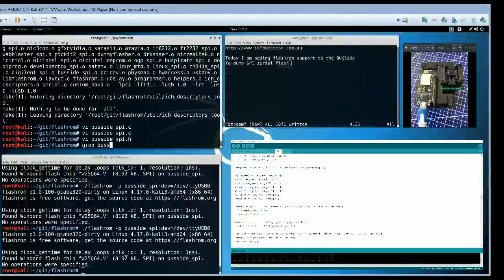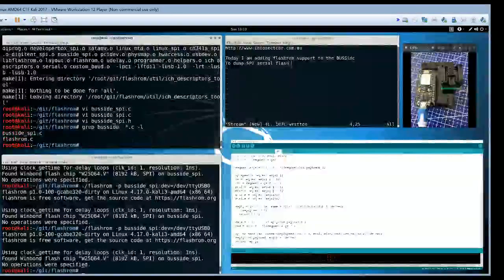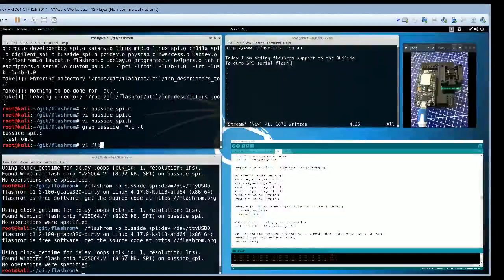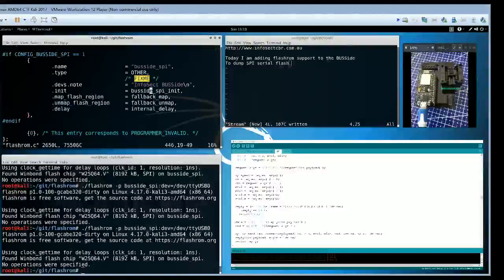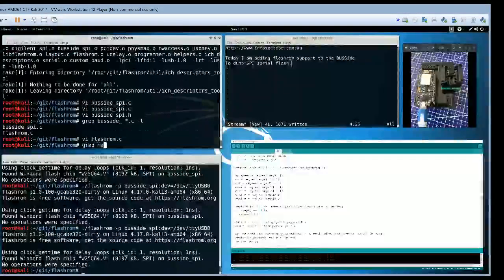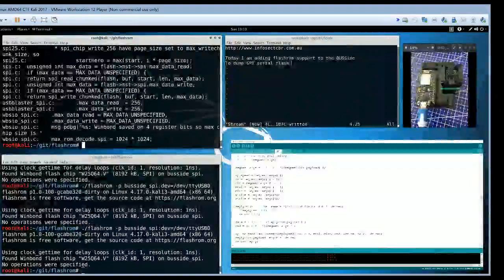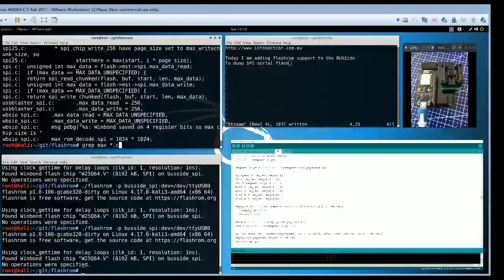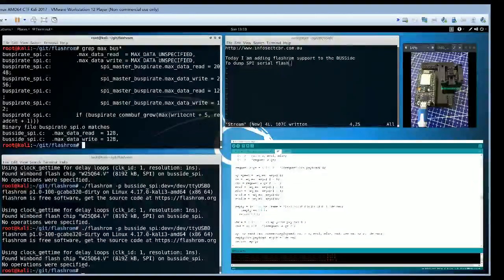Let's go to BUSSide. Flashrom.c. Here we go,